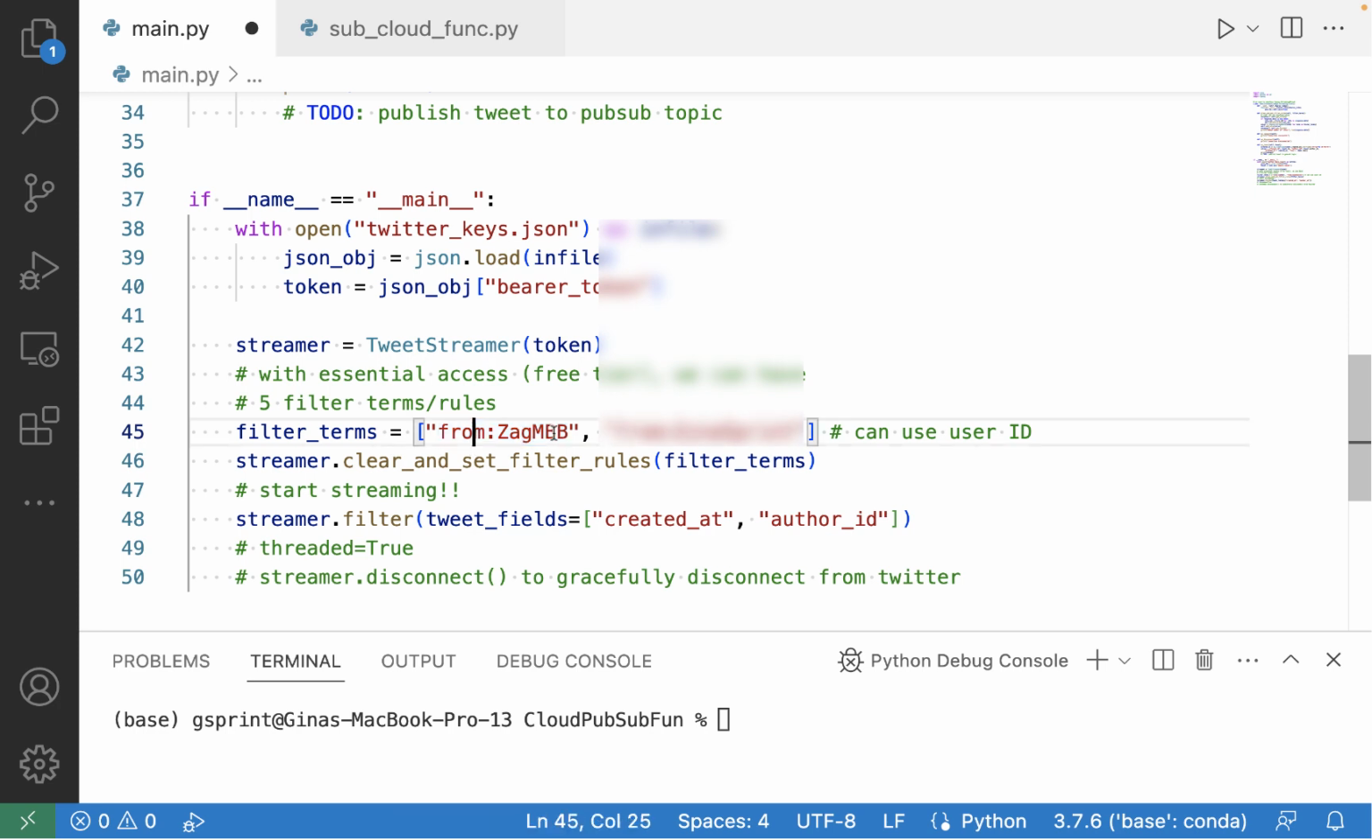So any tweets from this username, and then I also have from my own account. This is important because I'll need to be able to make a tweet to test that my streamer is working. I control this account, so I could do that at any time. Of course, I don't control other accounts that aren't my own, like this one, so I'd have to maybe wait